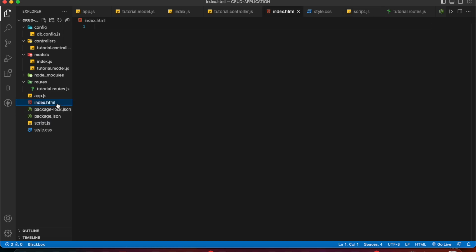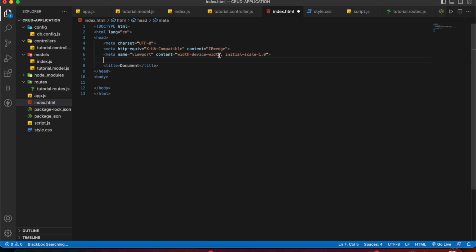Inside the index.html we are going to use our boilerplate and then connect our style.css, and then rename our app to CRUD application YouTube, and then let's use our script here. So write script.js,